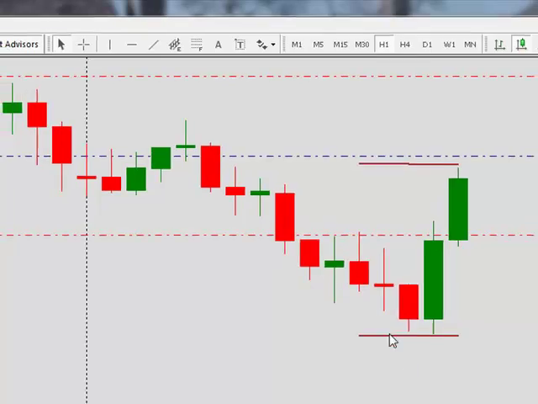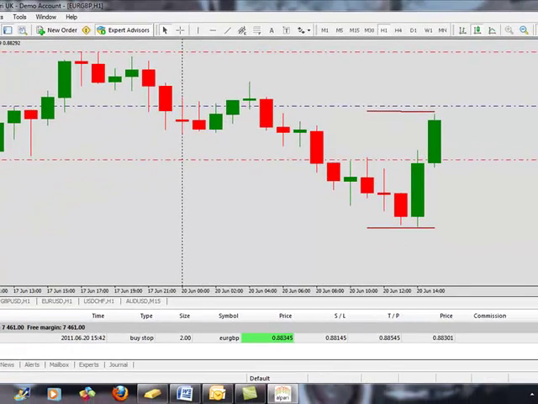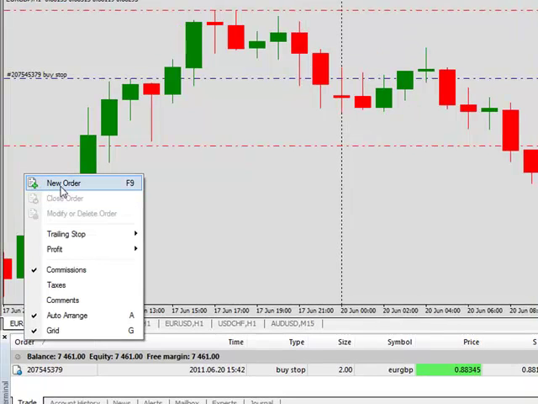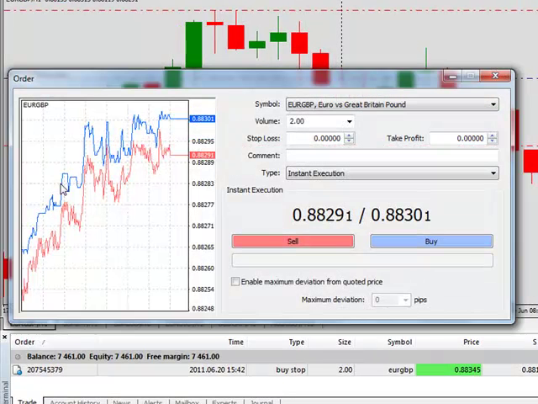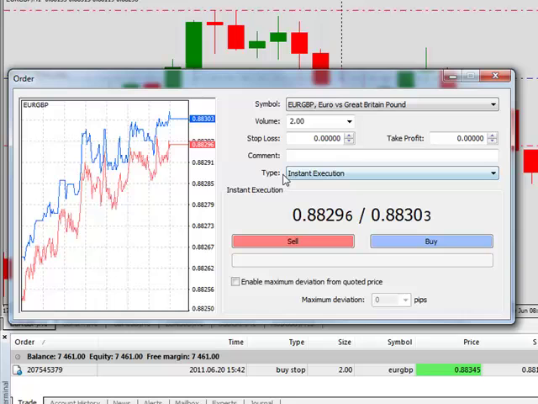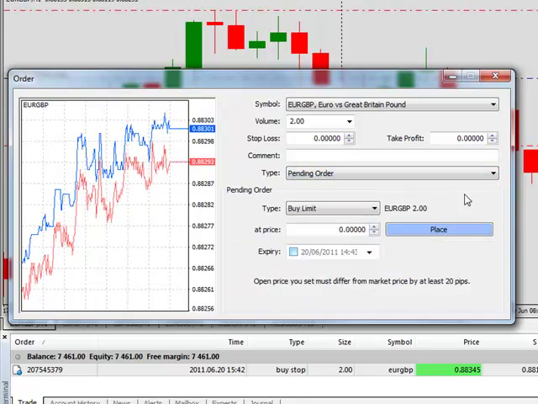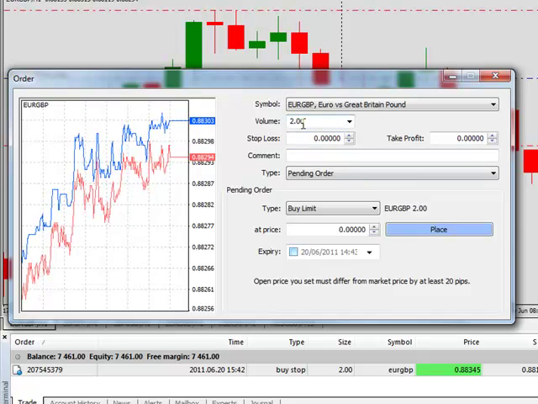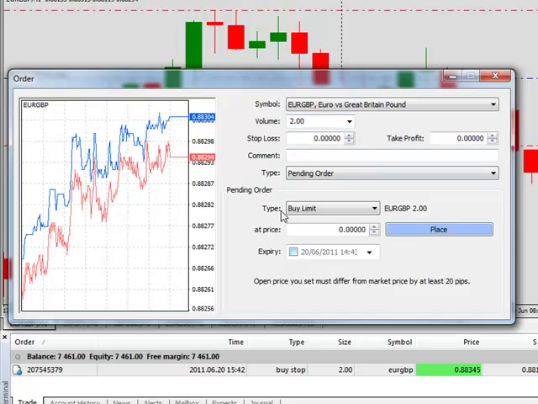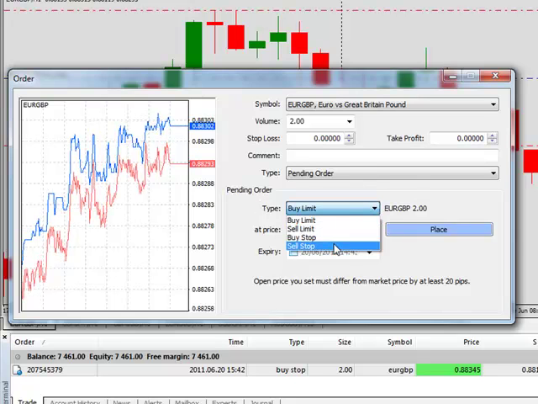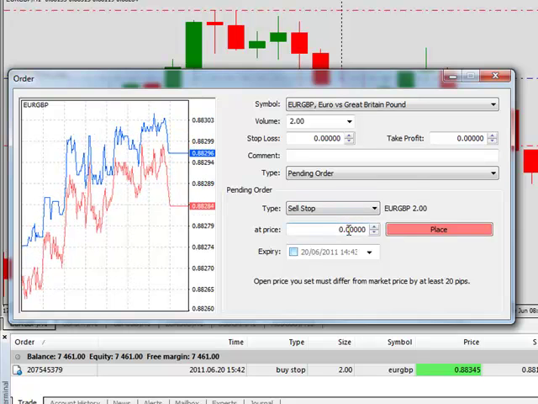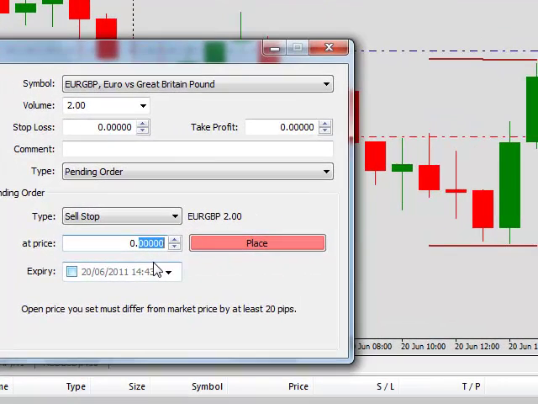Now we want to do the same for going down. So we hover over the order, right click, select new order, and we want to change instant execution to pending order. We're happy with our volume, but if we're not, we would check that. We want to change the type. This time it's sell stop or a sell order, and we'll highlight the last 5 decimal places,